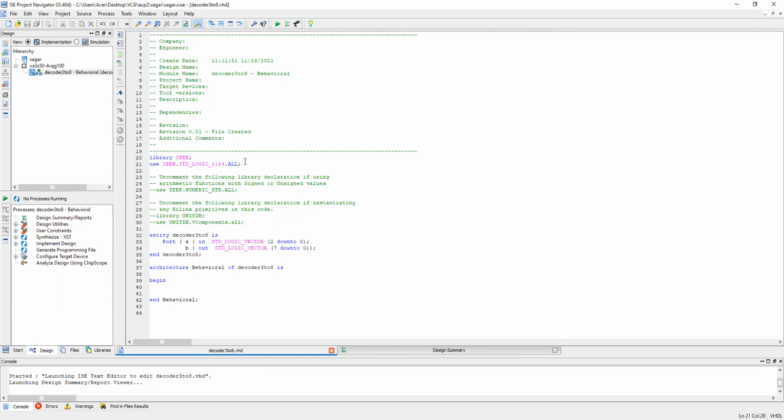No, we don't require any extra package because neither are we using any arithmetic operation, nor are we giving any signed and unsigned input. It's a simple transfer process. So this package 1164 is sufficient.